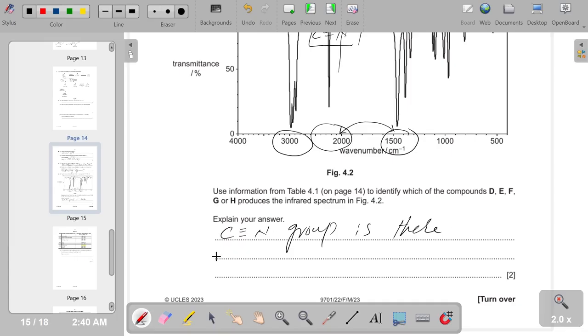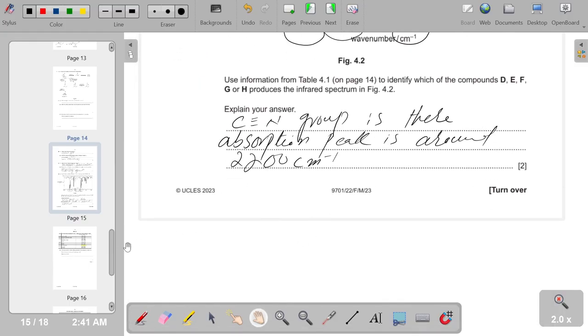Okay, so the absorption peak is around 2200. The unit is cm negative one, or wave number. Okay. So the next question is,